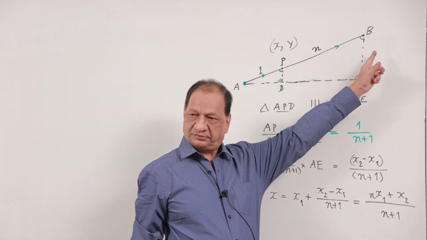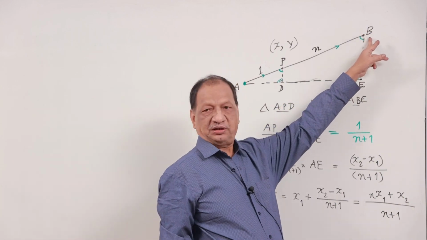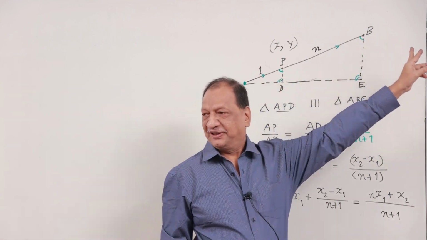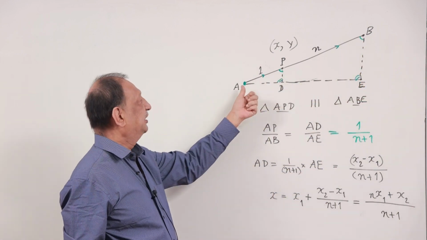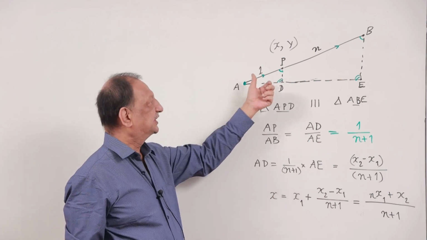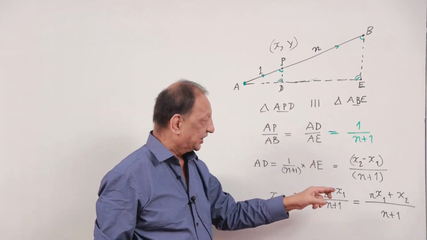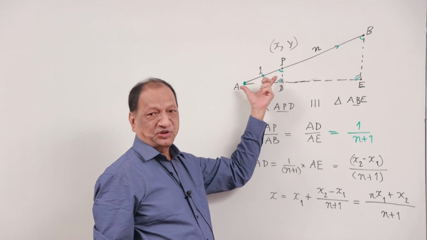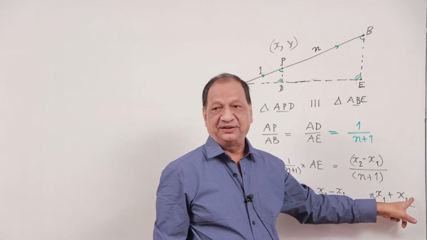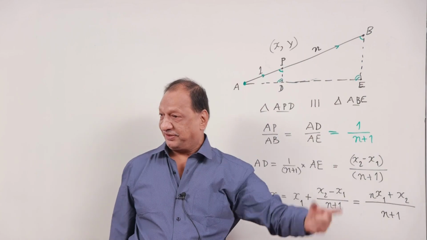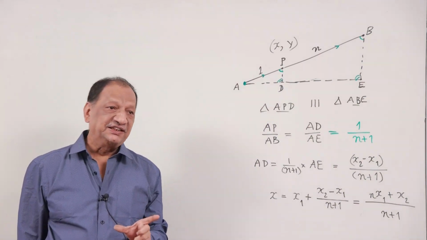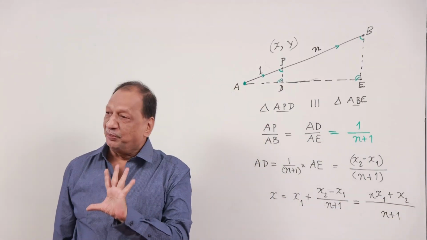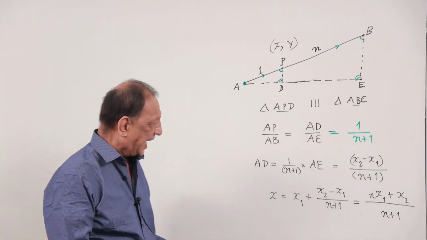The more you travel, you will have more dependence on the point B, no? Less you travel, you will have less dependence on the point B. That means the involvement of the x1 is in terms of the distance not yet travelled. That's why you multiply that n by n, nx1. For B is the distance which is already travelled. Now, influence of B is the distance we have already travelled towards B. Influence of A is the distance yet to travel from A. So that is why nx1 plus x2 by n plus 1 will be the x coordinate of P, and by